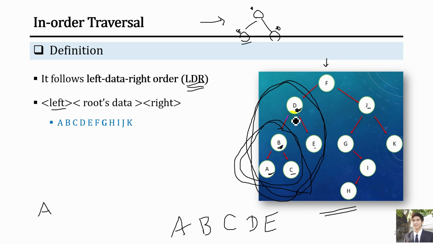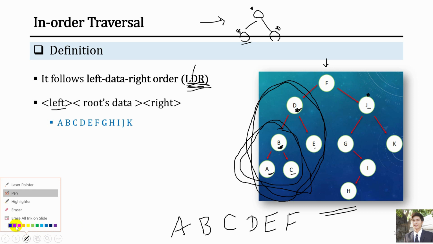So next we go to the root, left is already finished. Now we go to the root, data here is F, right? So we get F here. And next we go right, it is here. But when we are here, we still are not able to get this letter J yet. It's because, considering the right subtree here, we have